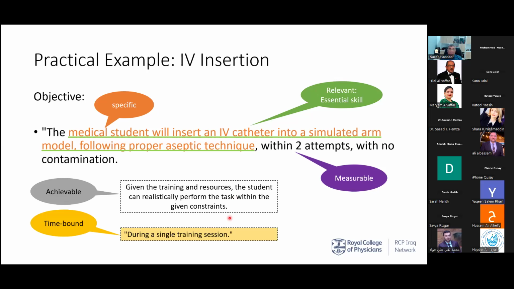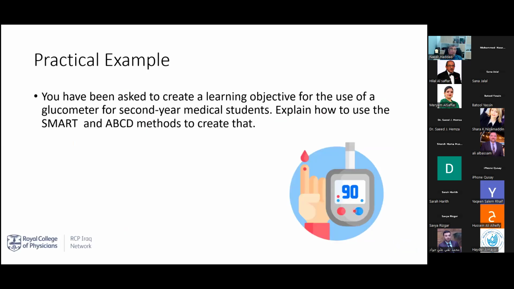So these are two examples of practical skills that we can write using SMART and ABC. Another practice, so let's see that from the